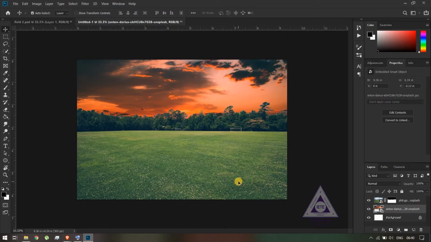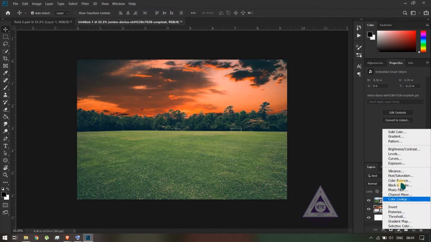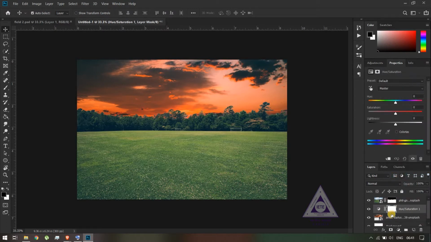Now we'll be changing the tone of the ground itself so that it matches the evening atmosphere. To do that, we'll be using saturation layers and the brush tool to color over the ground. We'll be using two saturation layers, both serving different purposes.